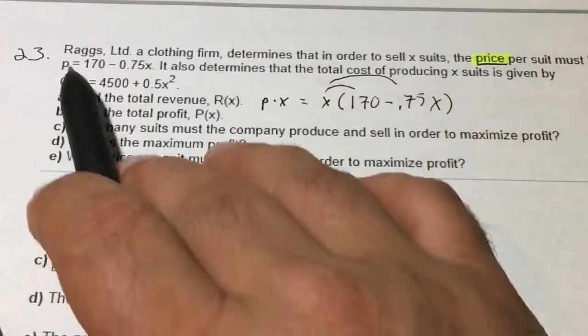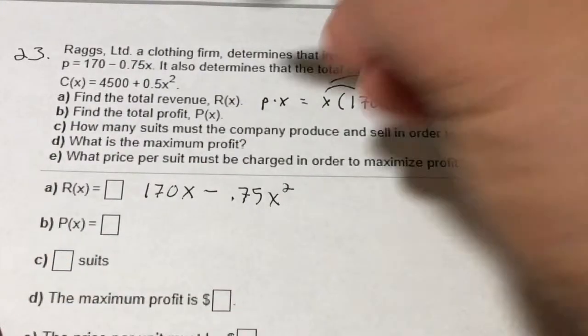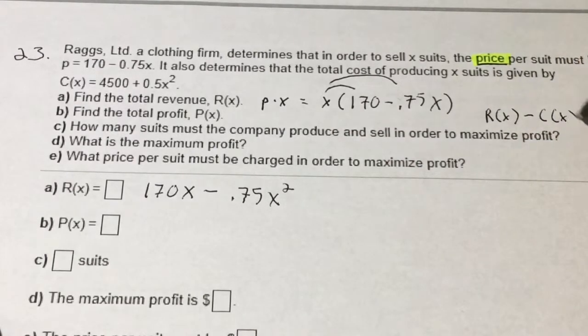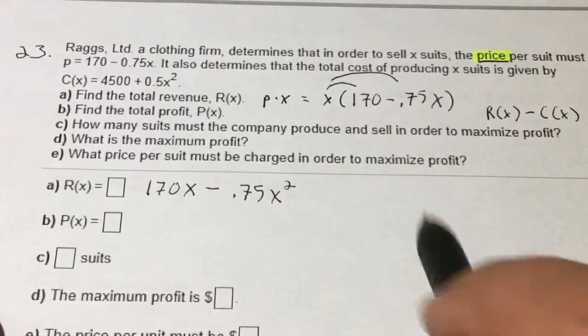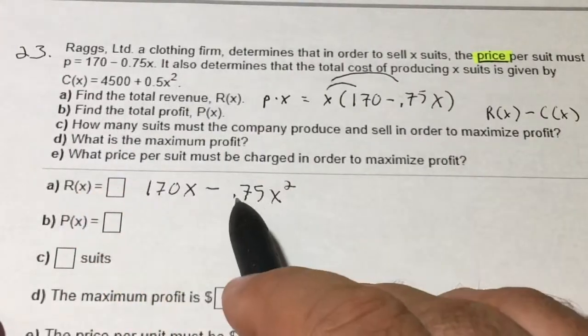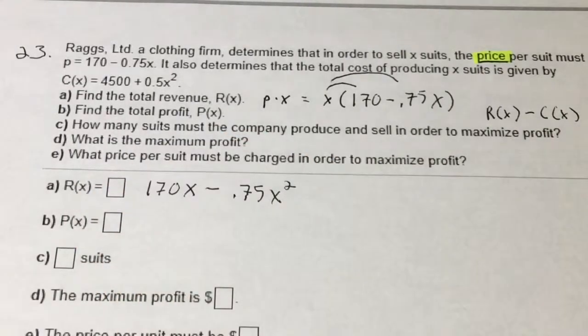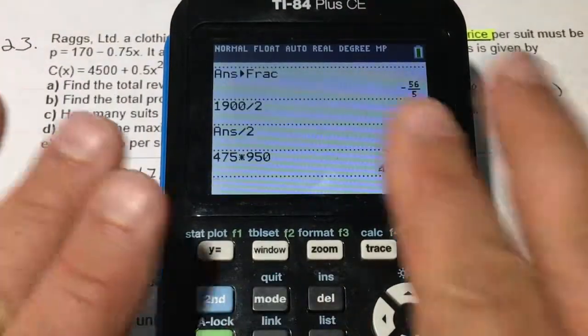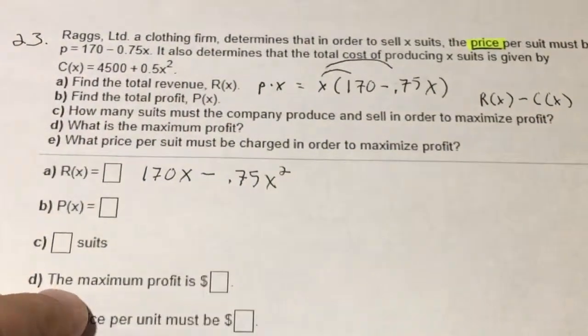Now, this is not a lowercase p. This is the actual profit function. And let's recall that profit is revenue minus cost. So I have my revenue function, and now I have to subtract the cost function from that. So I have to do negative 0.75x squared minus 0.5x squared. So I'm going to clear this out. I'm going to hit second quit to go to my normal computational screen, and I have to actually do the